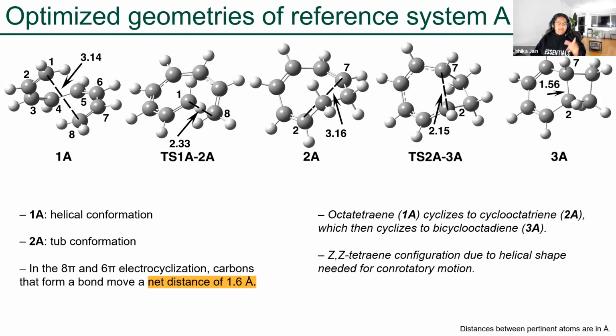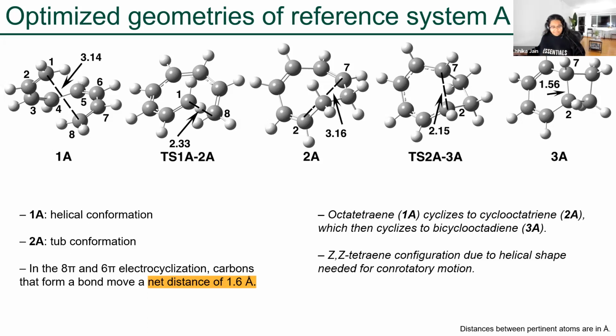What this means is that these carbons, by design, are much closer together in 3D space than they naturally are, which means that, as a result, the barriers are going to be affected as well. The carbons don't have to move as much, meaning they're more likely to react, essentially. In both electrocyclic reactions, the carbons have to come together to form a bond, moving around the same distance, 1.6